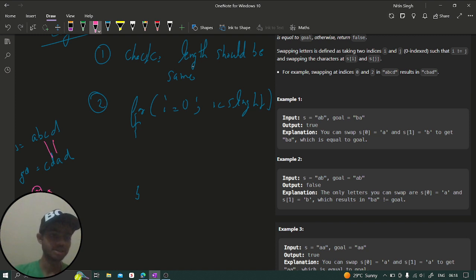C and A also not matching, right? So 3. This is matching, fine. So we got three indexes where S of I and goal of I is not matching, right? So you can say we have to directly return false, because even though we can swap any two characters, let's